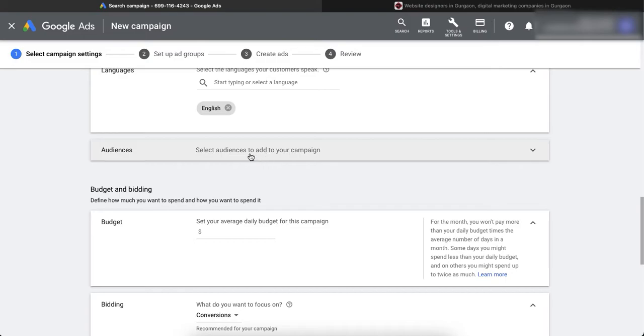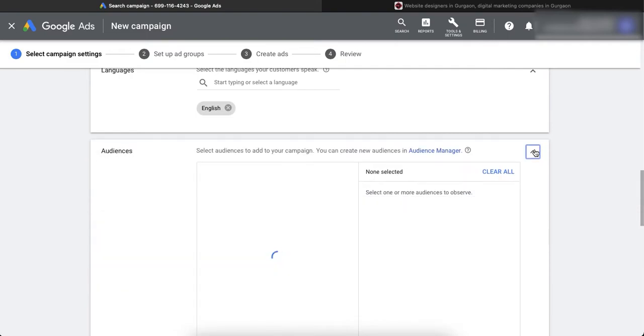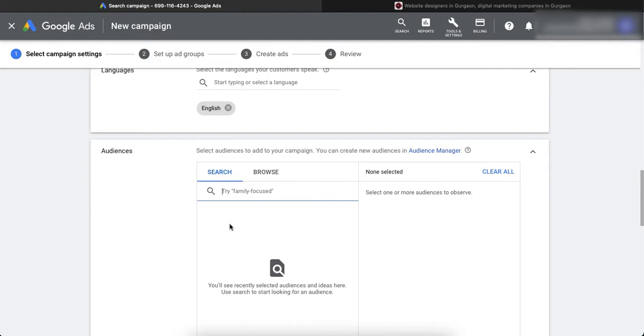Now you can even narrow down your ad campaign by selecting the audience, by targeting people who are only related to certain things. So for PI WebTech, it's a web design company.